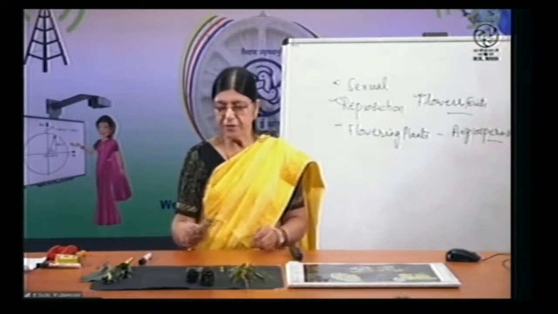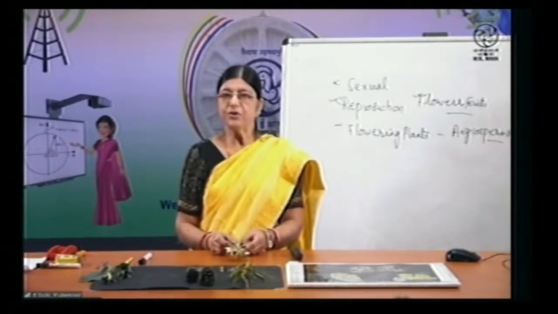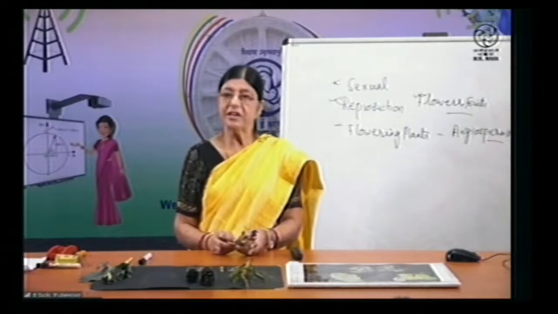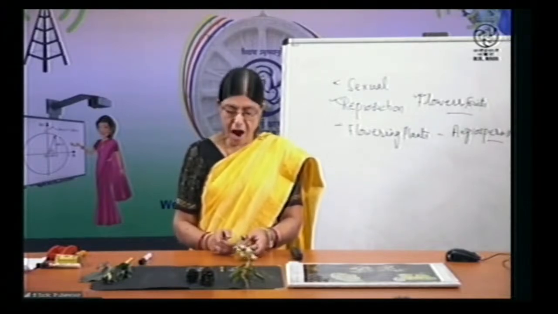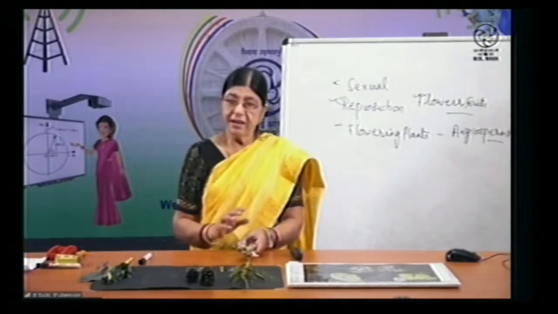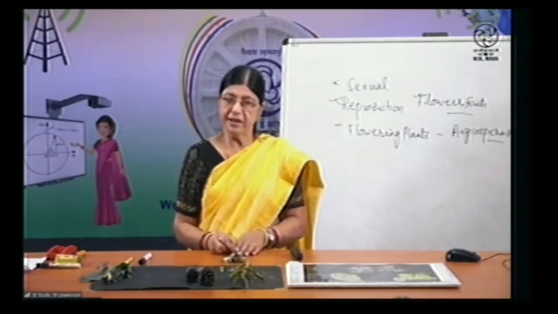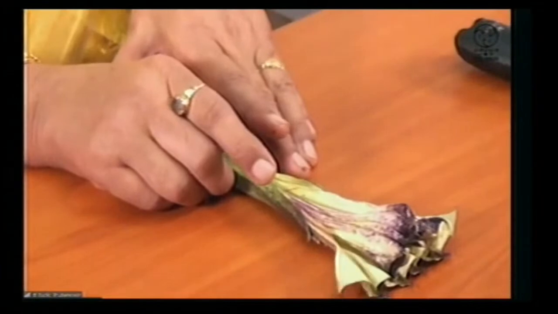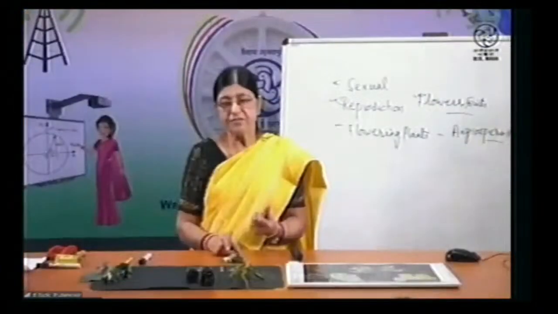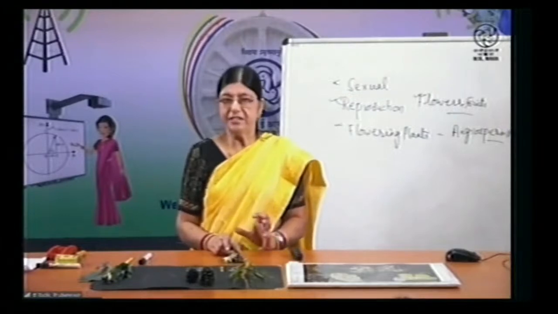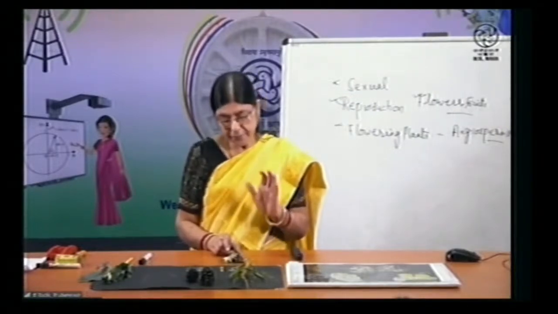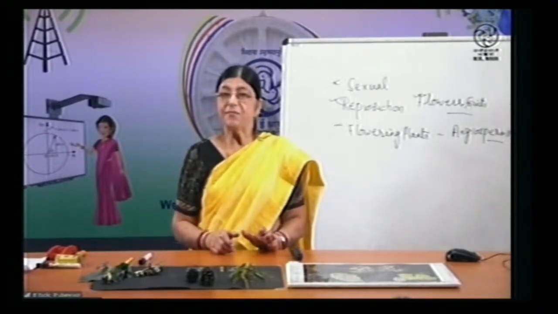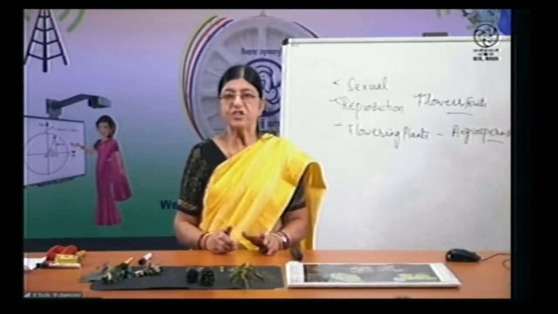Here I'll take one flower and show you. By now, in standard 11 you have learned that the different parts of a flower are the calyx, corolla, androecium and gynoecium. The outer parts of the flower protect the inner parts, the androecium and gynoecium. Apart from that, flowers are so showy, large and attractive that they can attract pollinators. Attracting different types of pollinators helps in better pollination and a better chance of survival.